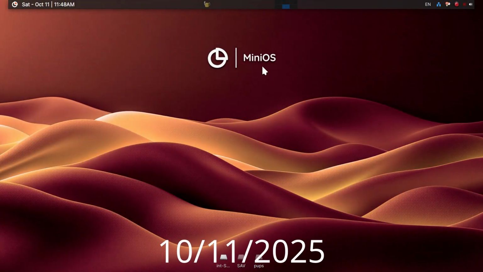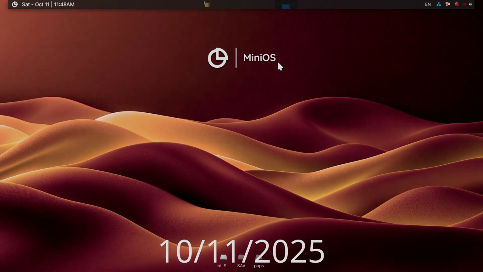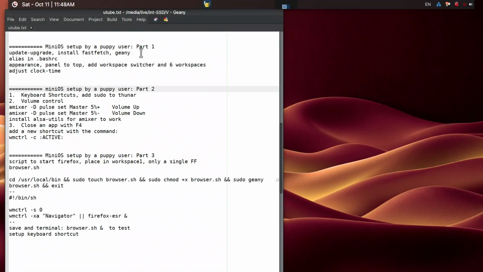Today we'll be covering part 3 of MiniOS setup. So in part 1, I presented how to update and upgrade and then install a couple of programs, and then modified bash.bashrc and then also moved the panel from the default on the bottom to the top, and